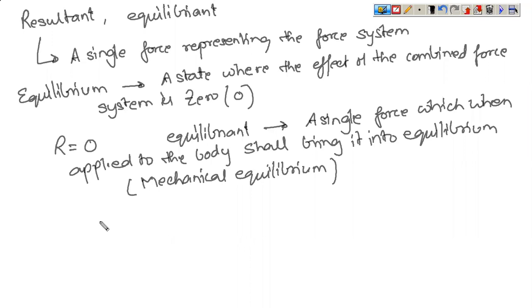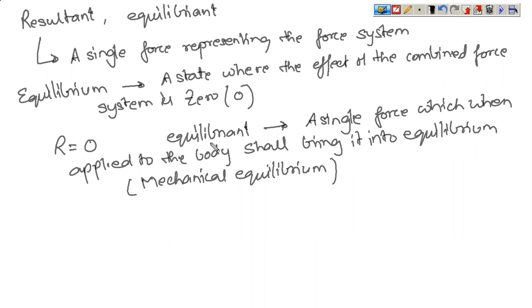Mechanical equilibrium means there are no unbalanced forces acting on the system, and chemical equilibrium means there is no chemical reaction taking place in the system. So when a body is simultaneously in mechanical, thermal, and chemical equilibrium, it is said that the body is in thermodynamic equilibrium. Here, out of those three, only mechanical equilibrium is considered, where under the influence of forces, the effect of all the forces taken together is zero. This will happen only when the resultant is zero.